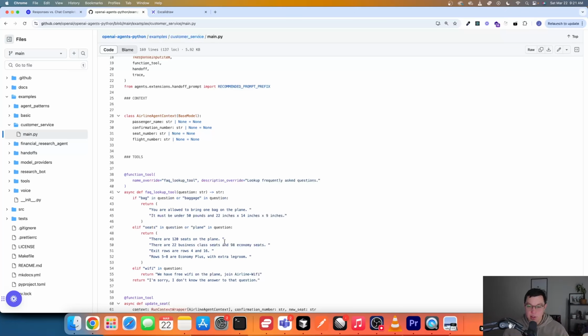At the end of the day, it is just: what does the user want to do? What tools do I have available? And how can I execute doing that thing?